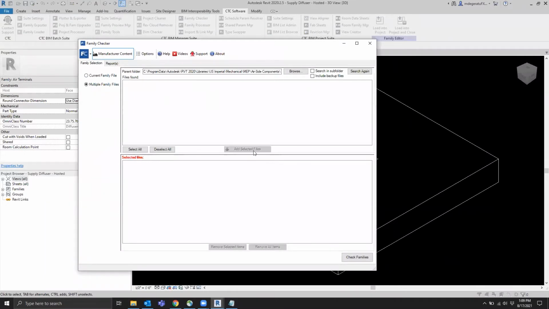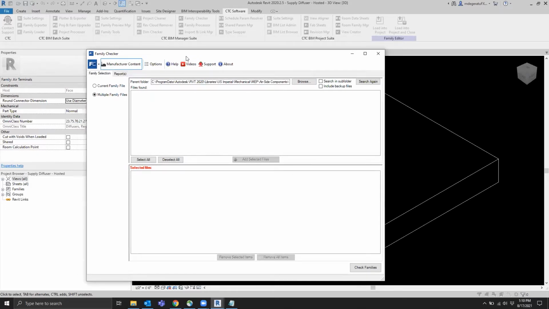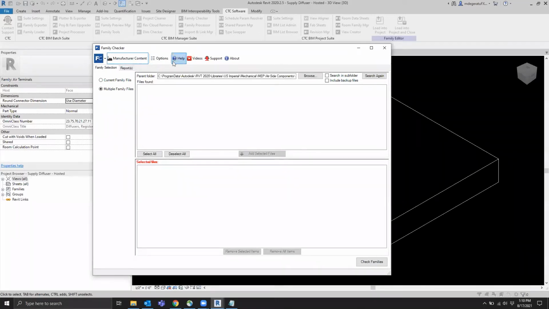It gives you a very basic screen. If you've used any other tool that checks either a single family or a single piece of content or several, this is a very typical screen for you. If you have any questions about this specific tool or any other toolkit part of CTC, all these tools actually